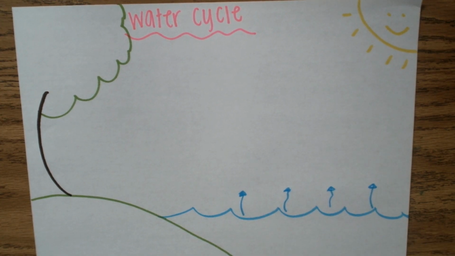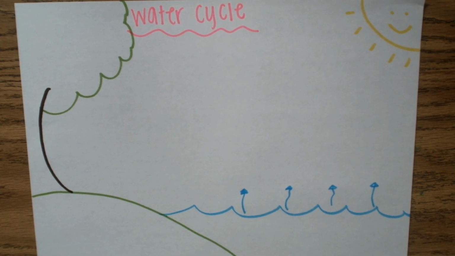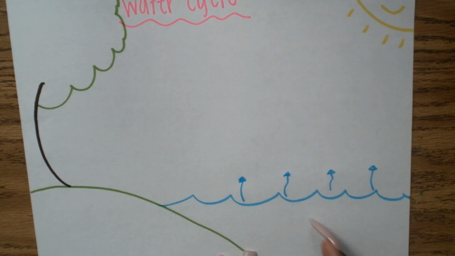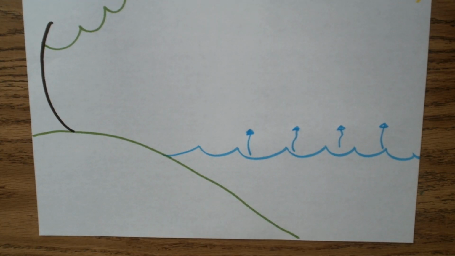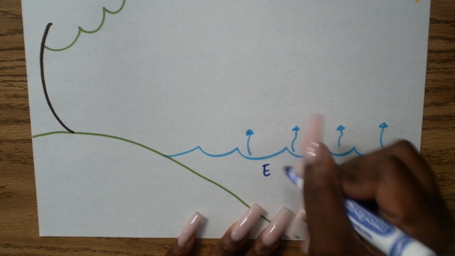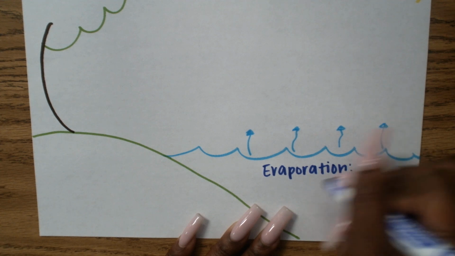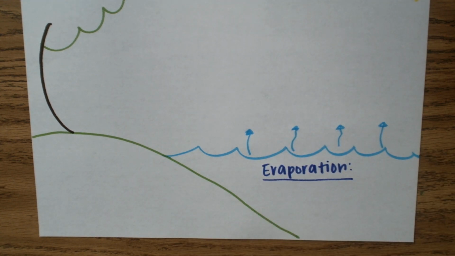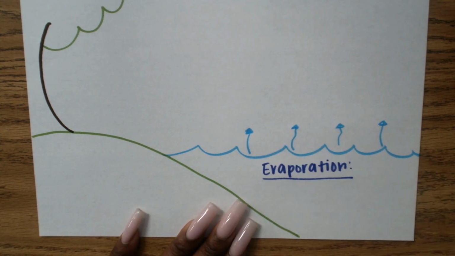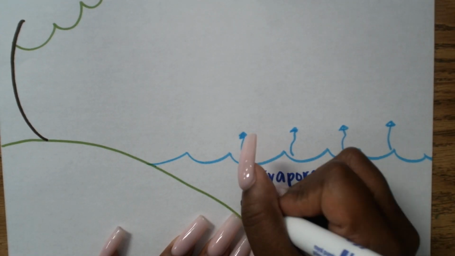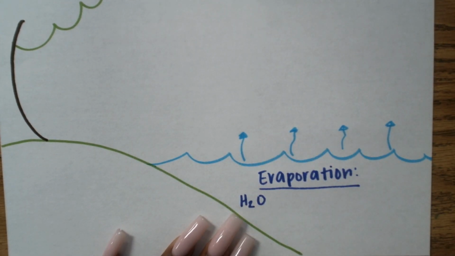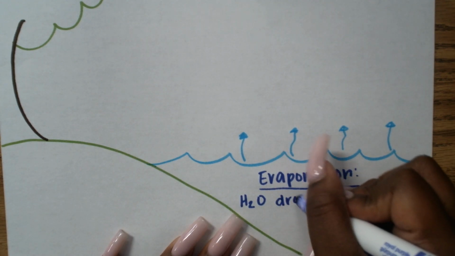But what is that process called, raising my hand, when the water is moving up? What is that process called, Naya? Evaporation. So inside the water, we're gonna write evaporation. E-V-A-P-O-R-A-T-I-O-N. And I'm gonna describe evaporation as H2O. Whoa, can someone help me? What's H2O again, guys? Water. Thank you. H2O droplets